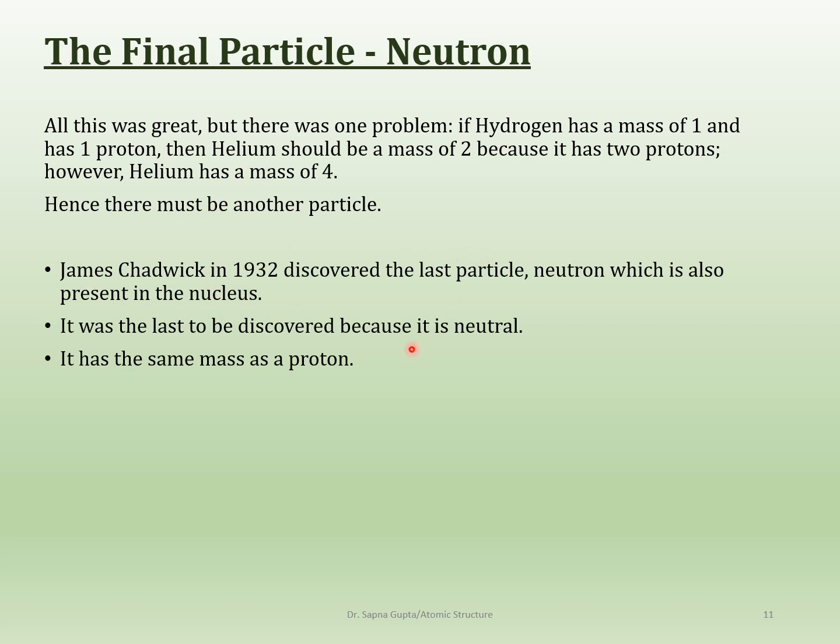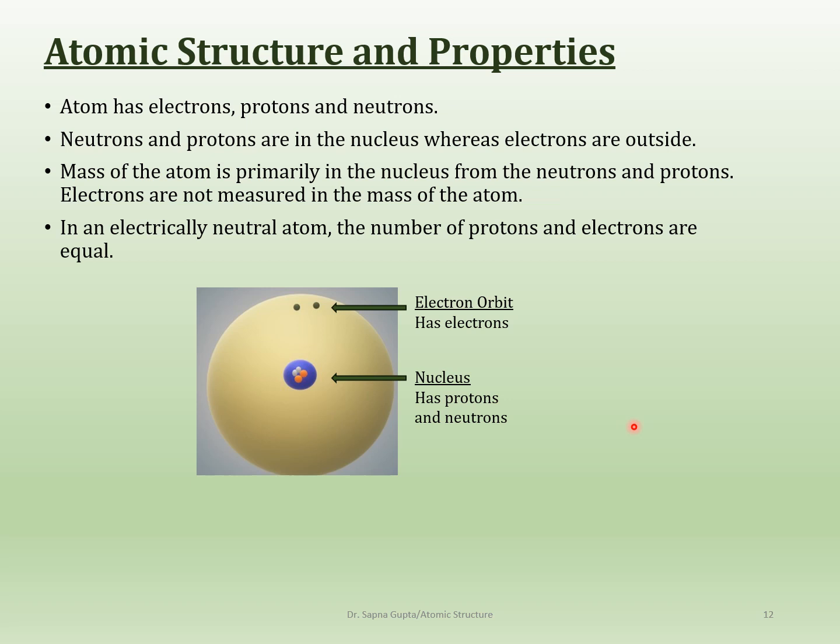This was discovered by James Chadwick about 10-15 years later, so that's finally done now. So now we have a better picture of what an atom might look like. First of all, it is considered to be circular in nature. Then there is a dense mass in the middle, which is called the nucleus, which has the protons and the neutrons. Now remember, from what we have studied so far, protons are positive, neutrons are neutral, electrons are negative, and the negative is kind of spread all around. That is kind of how it goes. The majority of the mass of the atom is in the center.